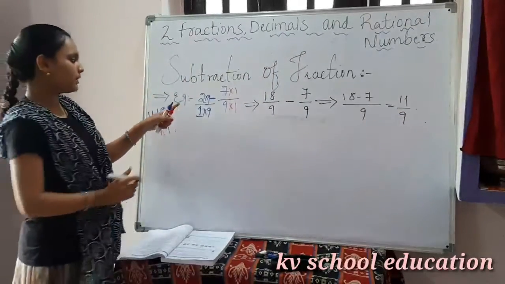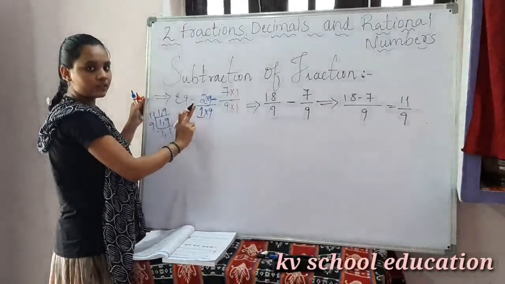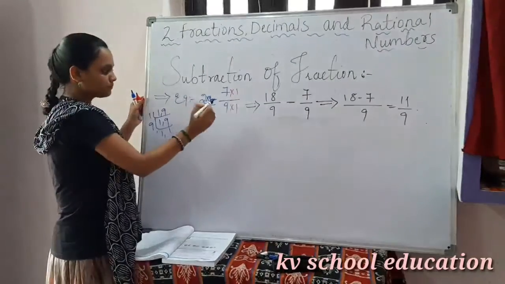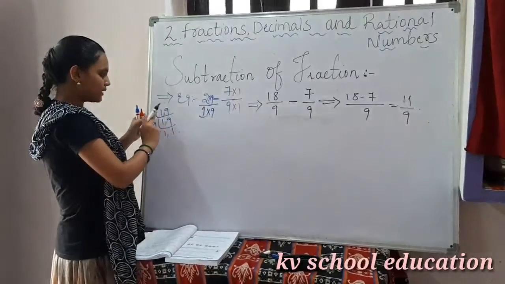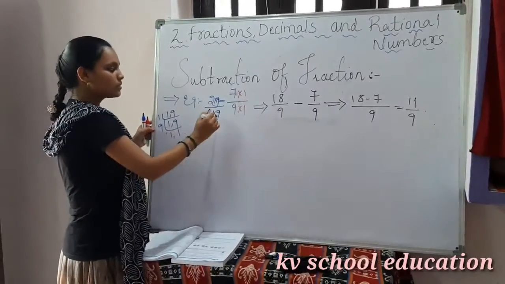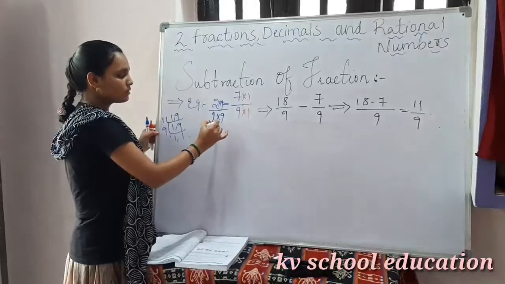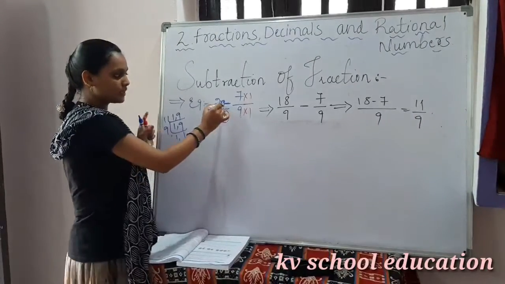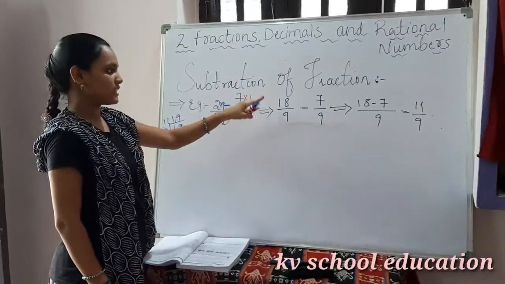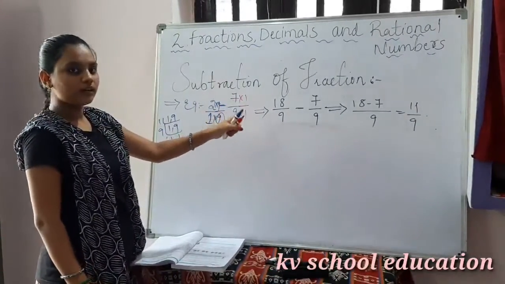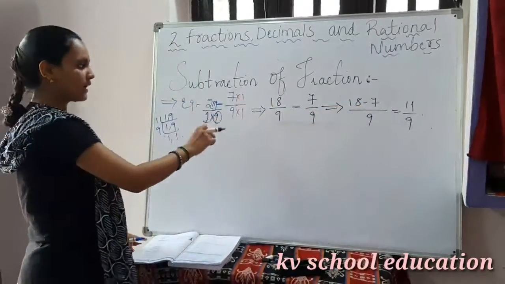Once again I want to repeat. 2 minus 7 by 9. Here 2 doesn't contain any denominator, so we must take it by 1. Here 1 and 9 are different denominators, so we should take the LCM. 1 ones are 1 and 9 ones are 9. So in the 1 table, 9 will be possible at 9. So 1 into 9, the same we should multiply to the numerator, so into 9. So 2 nines are 18, 1 nines are 9, and 7 ones are 7 and 9 ones are 9. So here whole upon 9, 18 minus 7 is 11. So 11 by 9 is the answer.